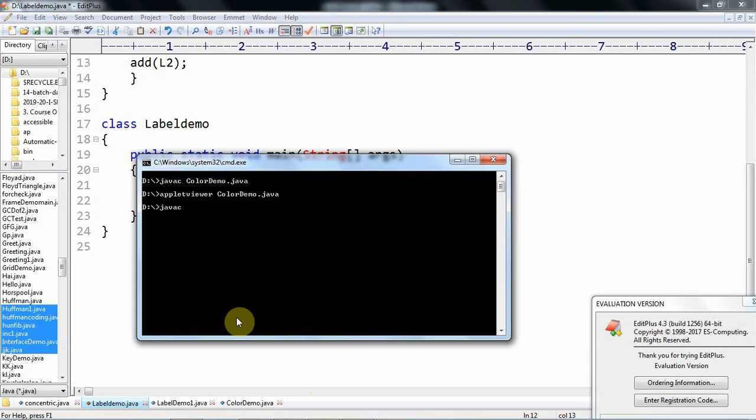First we need to compile: javac frame1.java.